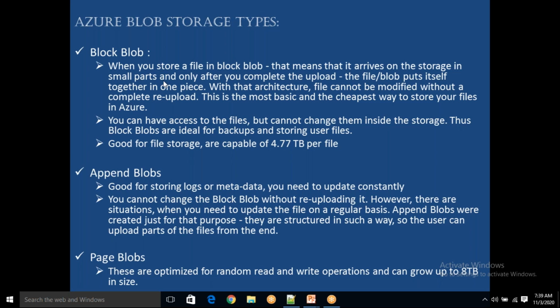See, you are combining these two. I'm not able to understand. So you uploaded a file into blob. Then if you want to append, it is not possible. If you want to modify that, it is not possible. The only way you can do it is to modify that particular file locally and re-upload the complete file into the blob. That is possible.